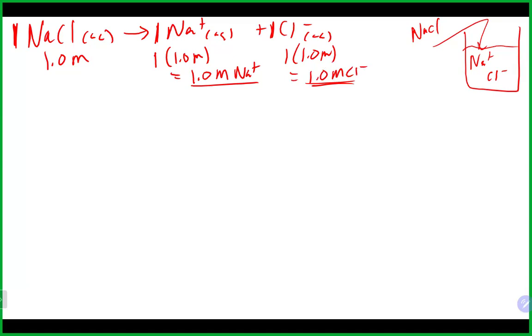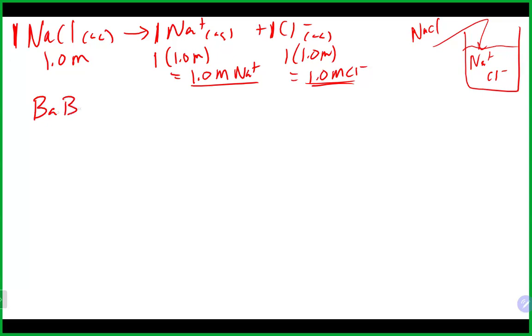Molarity is not additive, so clearly 1 and 1 doesn't equal 1. But here, that's basically the concentration of each of those as they are floating around. In this case, we have equal concentrations because it breaks apart into a 1-to-1 relationship. Now, let's say maybe it doesn't break apart into a 1-to-1 relationship. Let's say maybe we had something like